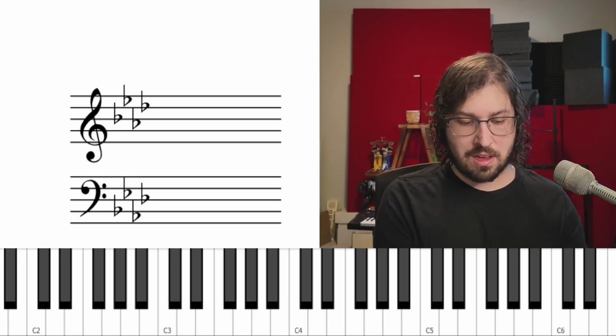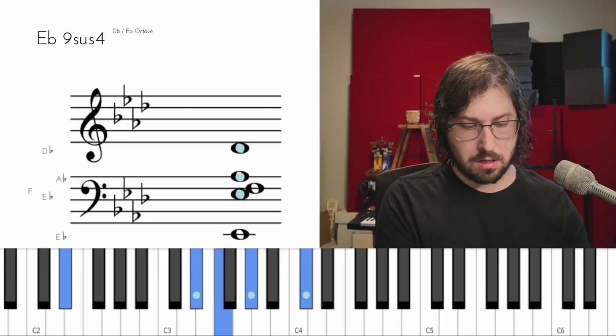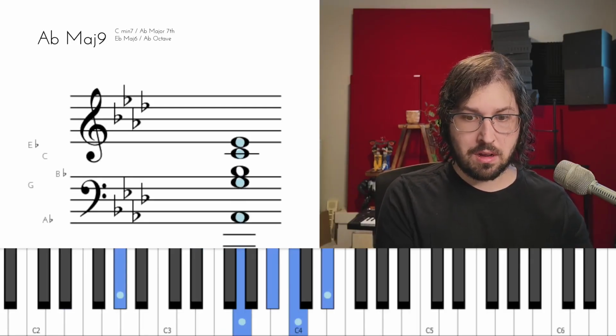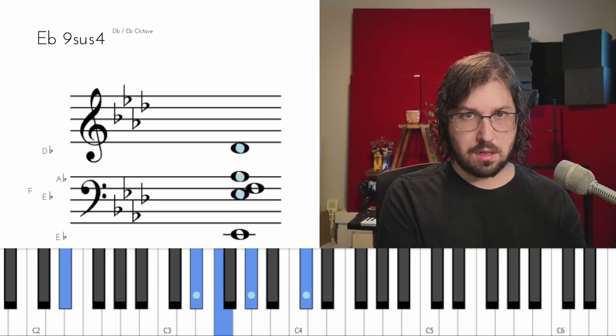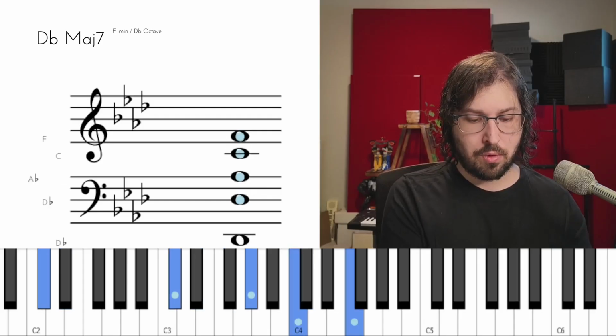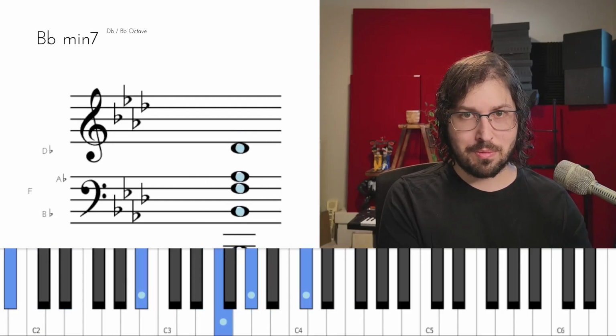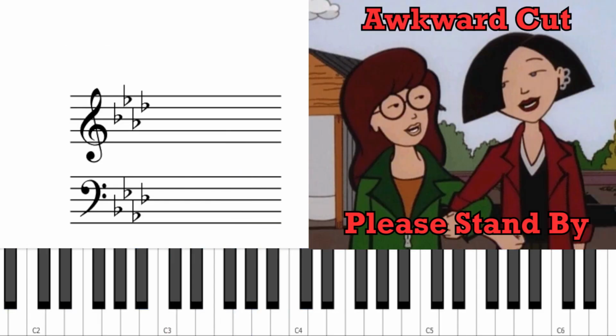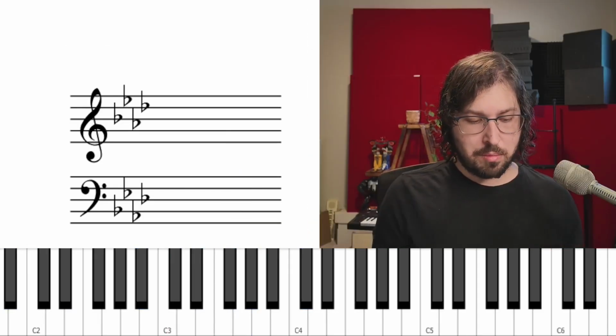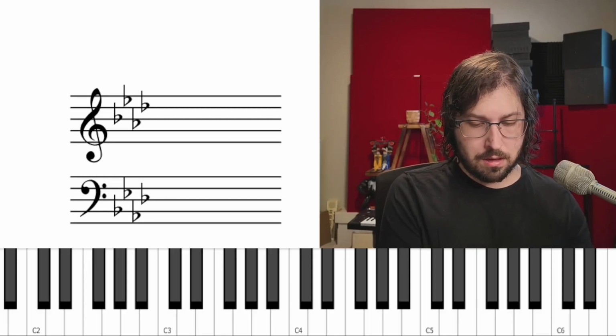So instead of this, 5 suspended to 1, we get this. And then 4, 3, flat 3, 2. So in full context with the melody,